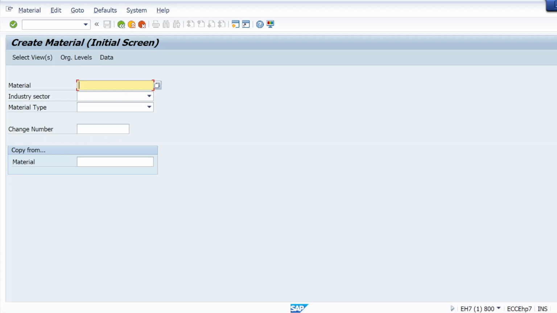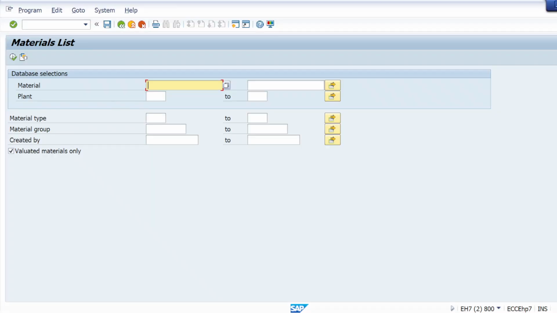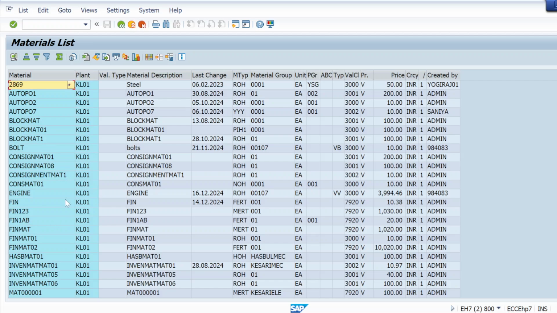We will figure that out in the next session. And you can also see I'm doing MM01. Whatever I'm going to do, the same T codes are there. Mostly 90% of T codes are the same. Like MM60, same T code. So let me take any, like auto PO1, let me take. Only the last step is there.